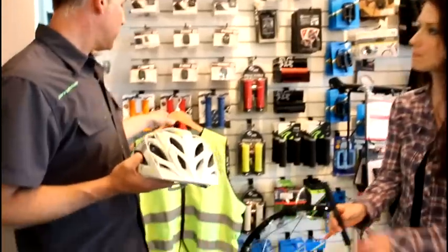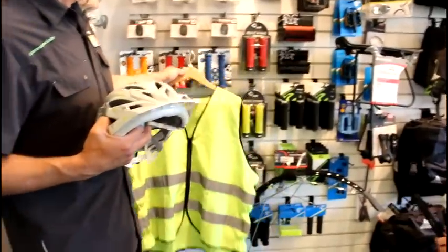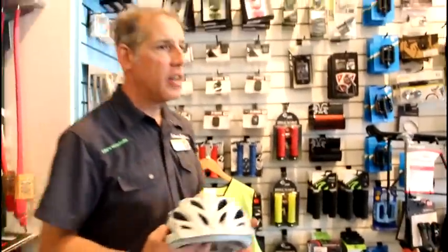Tell us about accessories. What do cyclists need? Okay. Some of the most important things are, of course, a helmet for safety and protection. And with regards to that, some other things for safety are to create visibility for yourself. So if you're out there in traffic, you want to make sure you're being seen. So some people will wear such things as a reflective vest, something like that, or a reflective sash. And other things that you might find